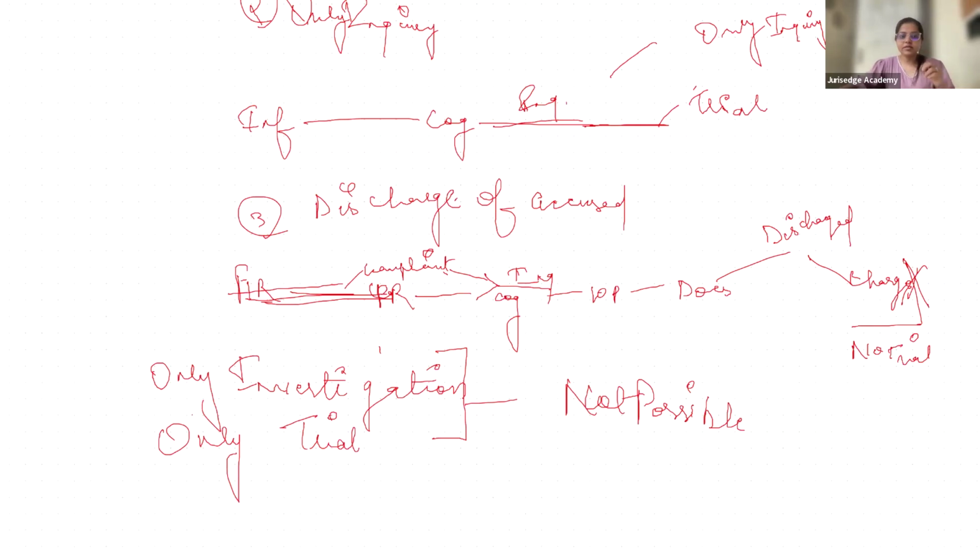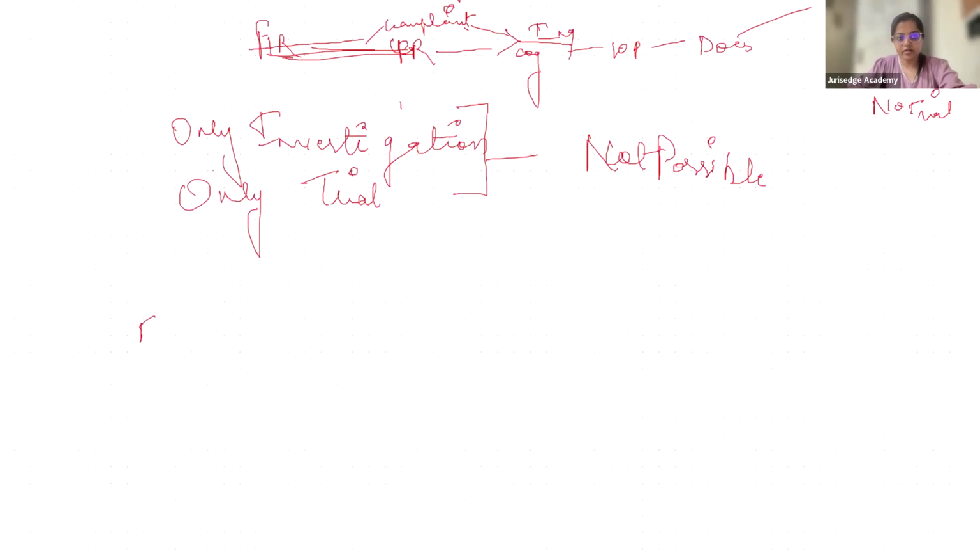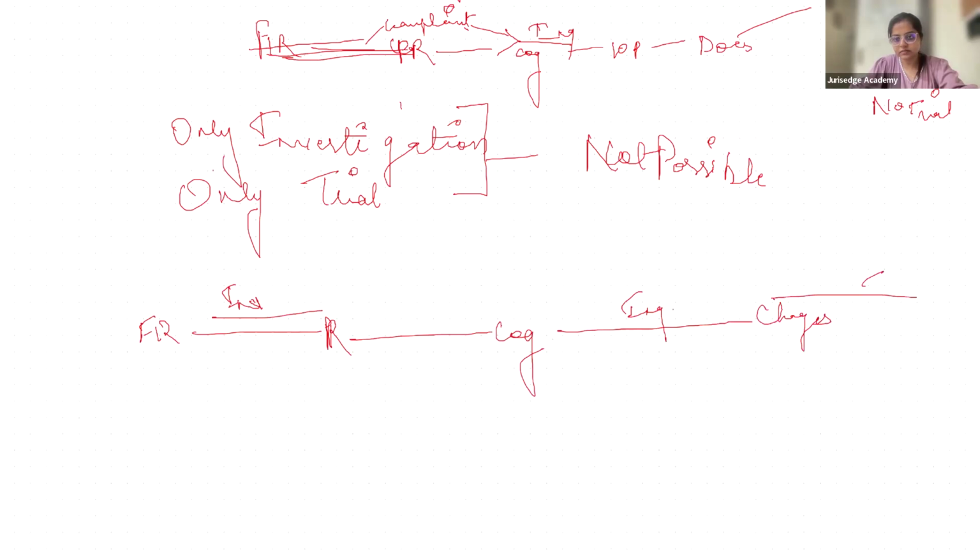Deemed inquiry is between... FIR is filed, police report is submitted. This is investigation, right? After the police report, cognizance is taken and then the inquiry begins. And then charges are framed. Here the trial begins. If this is investigation, this is inquiry, and this is trial,